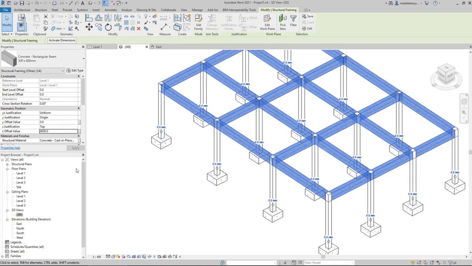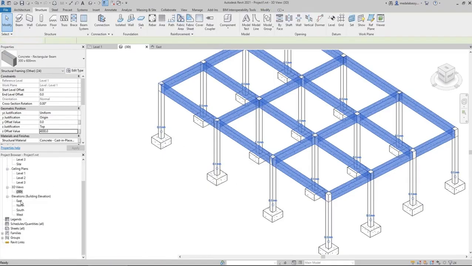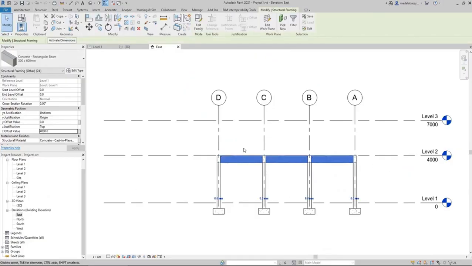So now if we check again in the elevation, it will be perfectly positioned at level 2, which is what we want. To continue with the next section for the tutorial,